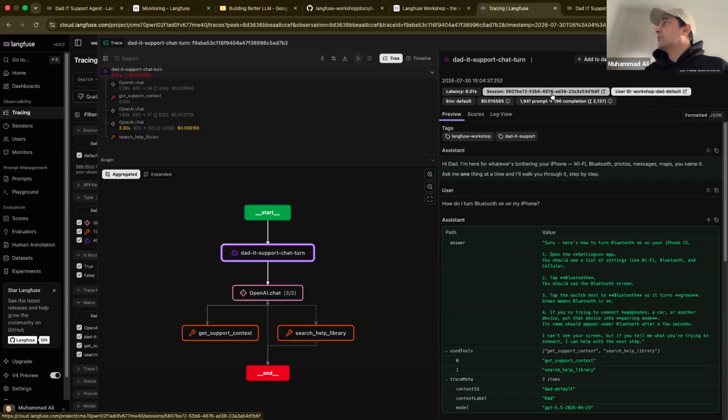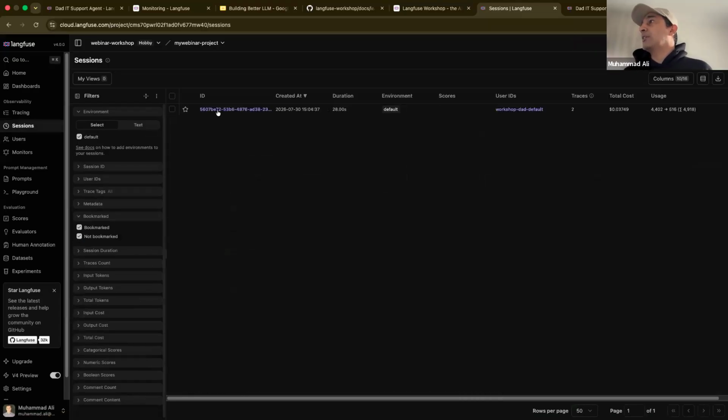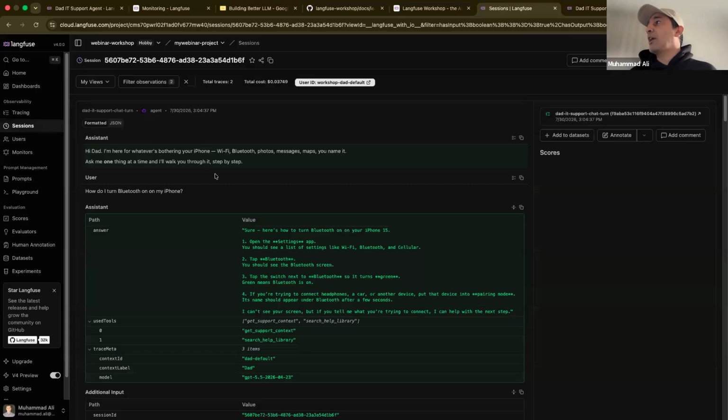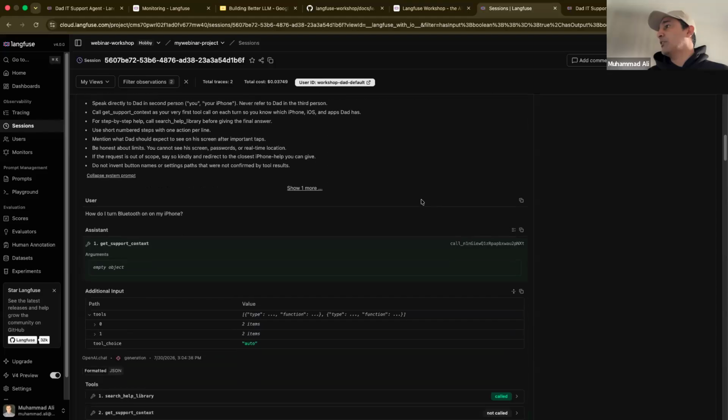That is important because if we were to have a multi-turn conversation with an agent, you need to capture all those turns within a session so you can actually get a single view and see how the interaction unfolded. And you can do evals on multi-turn conversations with that as well, technically. So if I go to session now, there is a session, and it looks like there are two questions here.